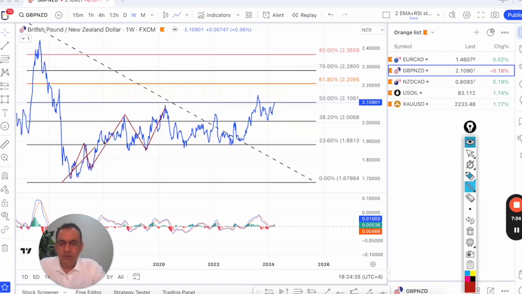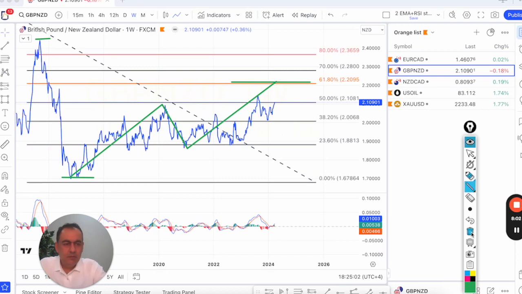So this is your first bullish run, corrective pattern, and now we are in the second bullish run. Usually the corrective pattern is in 3 waves. So we have A, B, and now we are expecting C, which may take it to the 61.8 retracement area of the previous bearish